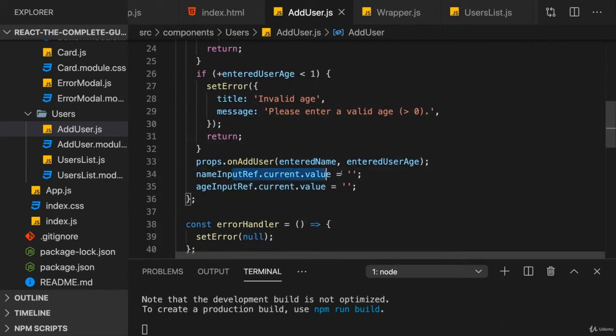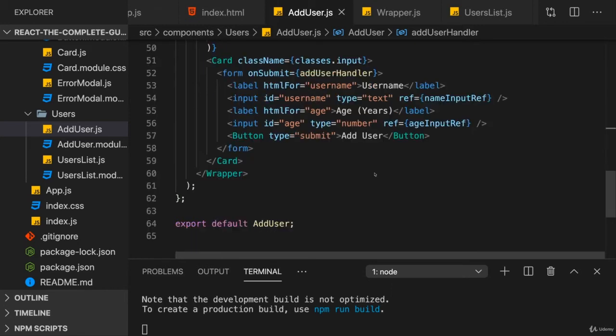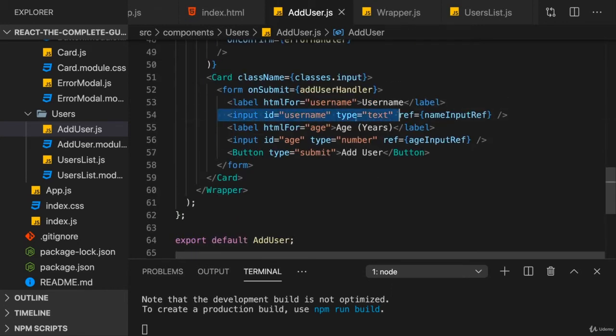When I set a new value to those inputs here with this workaround, we're absolutely not using React here. Sure, we're using the ref, but in the end, we get access to the native DOM element with that, and I then just use the regular DOM API for setting the value of a DOM node, of an input DOM node. So that's why this is uncontrolled, because we're not controlling the state of the input element with React.